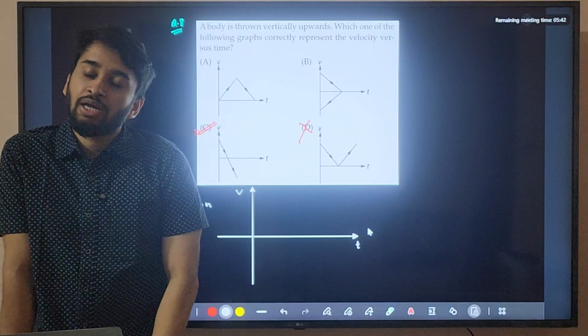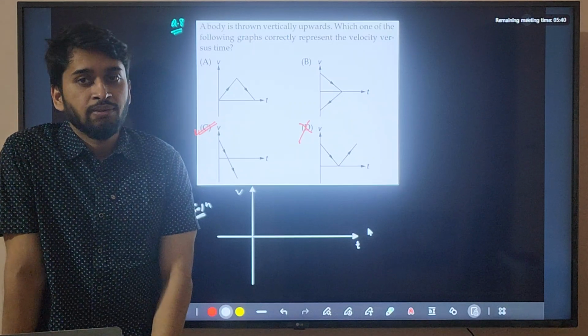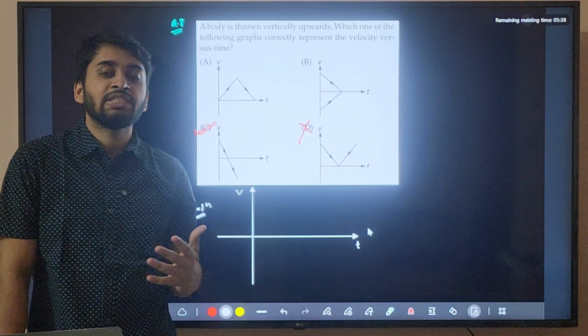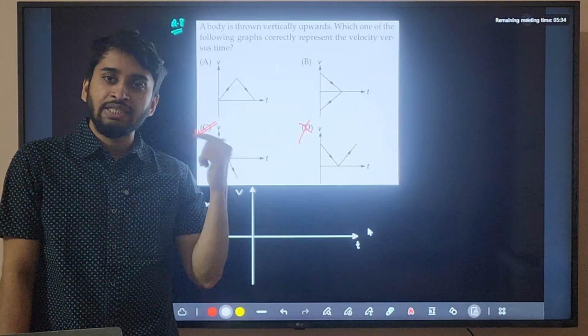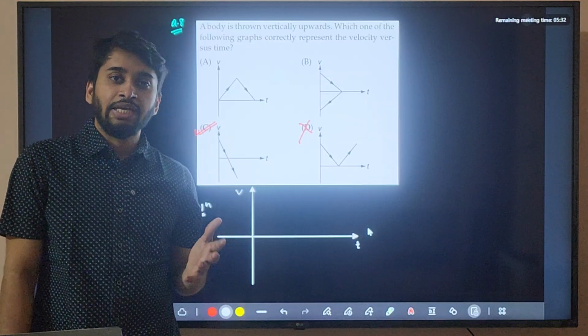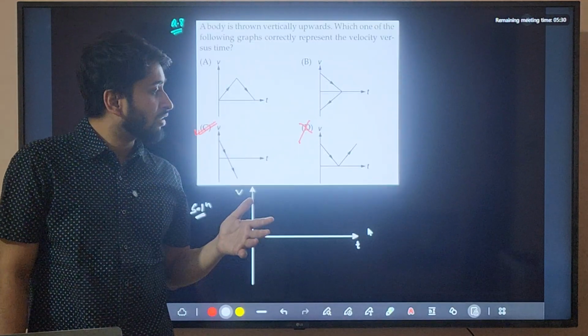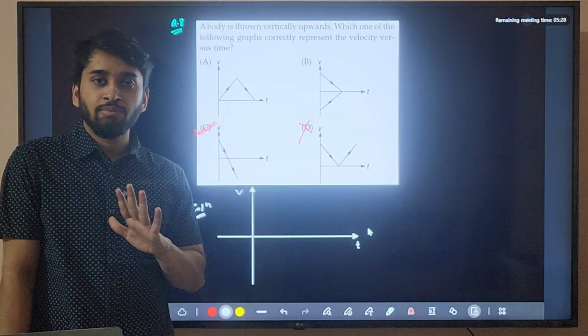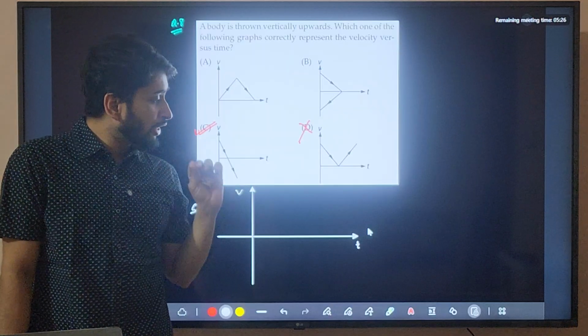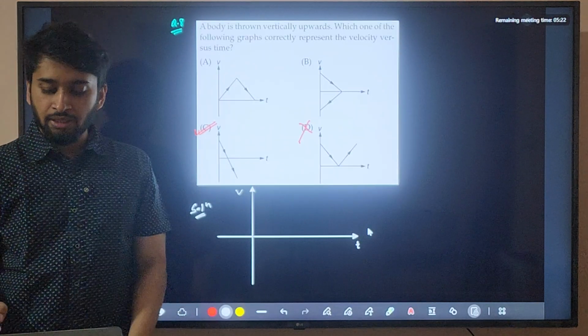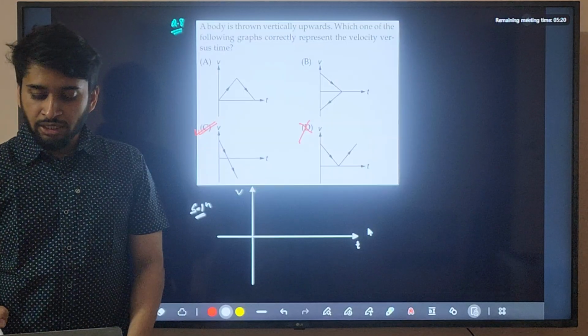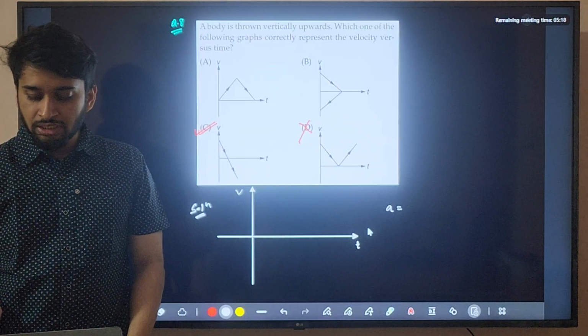Yes or no? You have to stick to the same sign convention for the complete journey. You cannot change the sign convention in between. Some students take a different sign convention while going up and a different one while going down. You don't have to do that. You have to stick to the same sign convention throughout the journey. The acceleration will be in the vertically downward direction, minus g, which is a